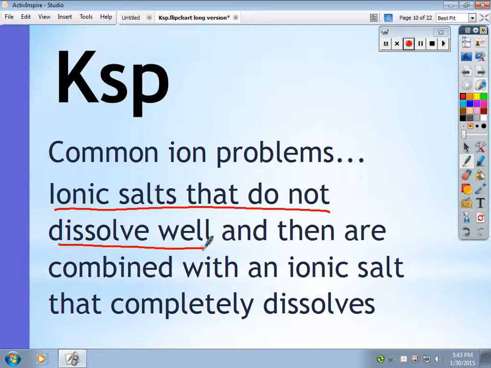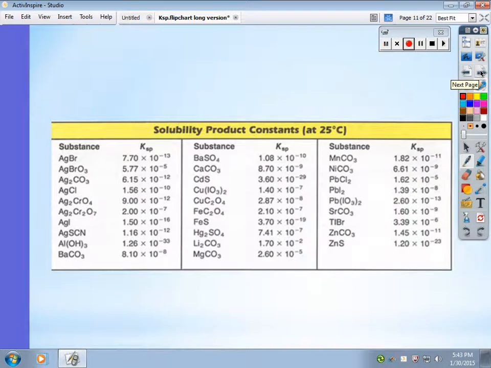Okay, so that's the difference. It's a Ksp problem with a salt that doesn't dissolve well, and we're going to add a salt that does. So let's just rewind real quick. What does Ksp mean? That means it's the solubility product constant, and that means that every single item that's on this